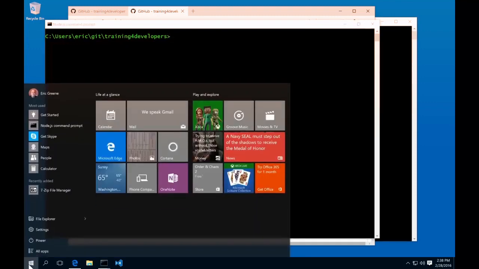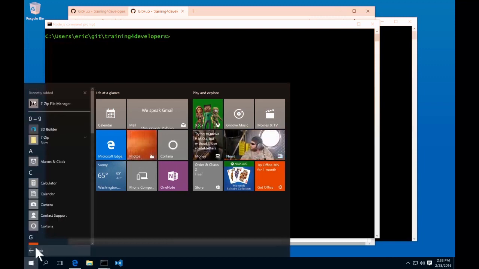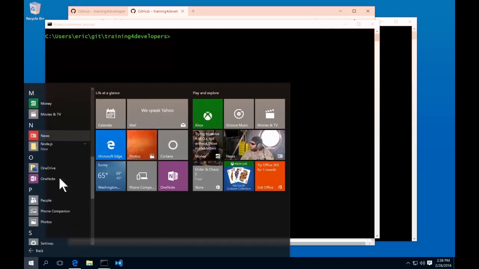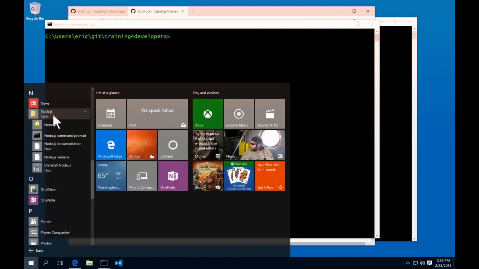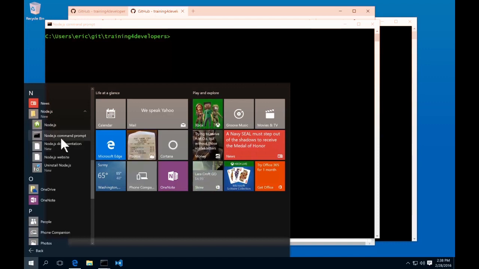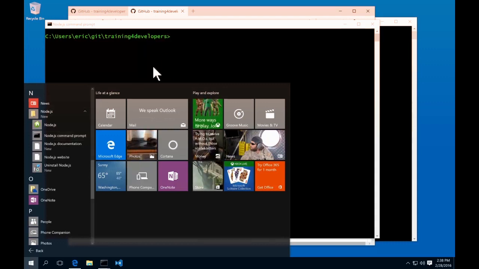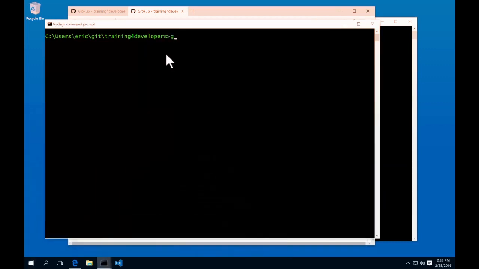So if I click on All Apps and scroll down to where it says Node.js, you'll see Node.js command prompt. Now this is not the Node REPL environment. This is the actual regular Windows command prompt, but with the Node.js environment variables configured. So coming back over here, I'm going to say git clone,